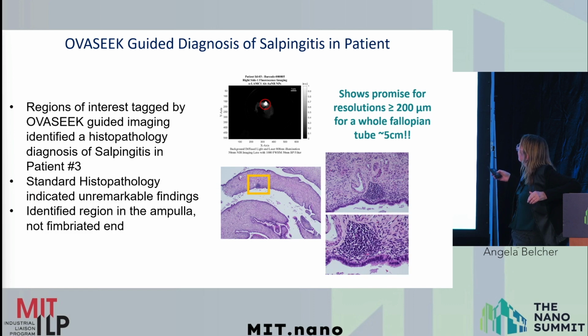And this is a patient that we scanned. We found a region, and we marked it. We sent it back to Johns Hopkins, where they took it and they went to our mark. They did pathology on it, and they found an abnormal region that was 250 micrometers in size. So you would have never seen it otherwise. So we scanned a 5-centimeter tube and found a precancer lesion that was 250 microns. And so you say, well, that's kind of cool. What do you do there? Well, now